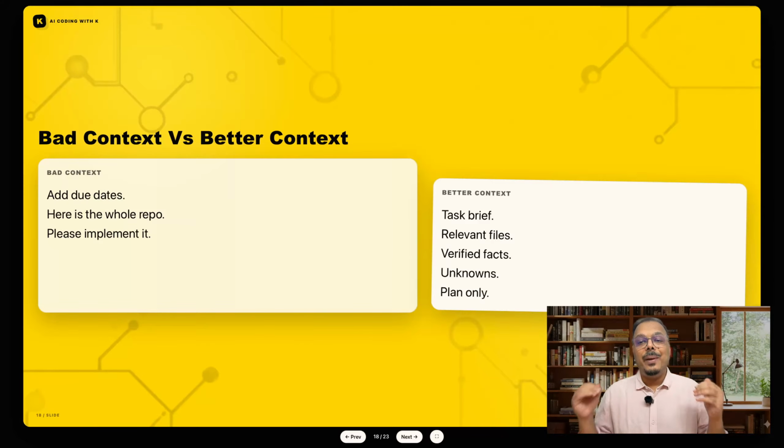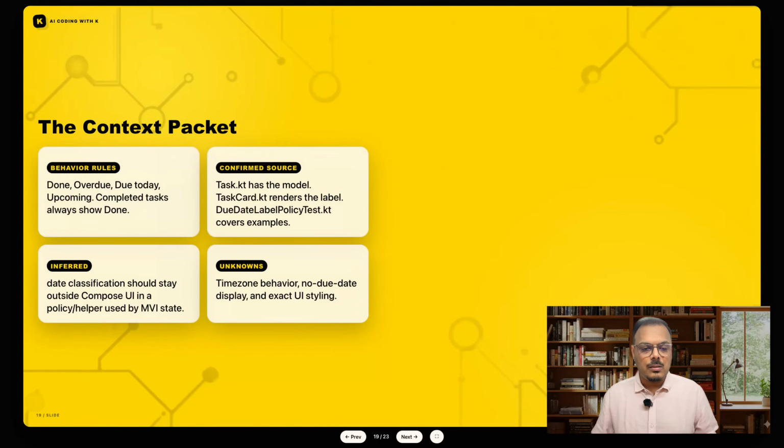That's it. Better context is you give a task brief, you tell what the relevant files are that need to be updated, what the patterns are that it should already see, what the test files are, all the necessary information. Okay, and